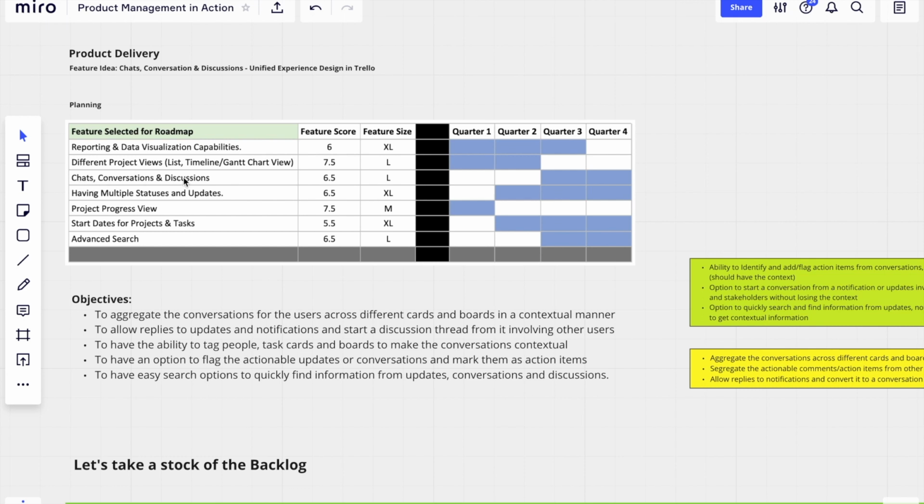For chats, conversation and discussions, we had marked Q3 and Q4, 2 quarters, for the development work to happen. And these are the objectives that we had deciphered from our product discovery exercise. That is to aggregate the conversations across different cards and boards in a contextual manner, allow replies to updates and notifications, and then ability to tag people, task cards and boards to make the conversations contextual, and then the option to flag actionable updates and mark them as action items, to have easy search options to quickly find information from